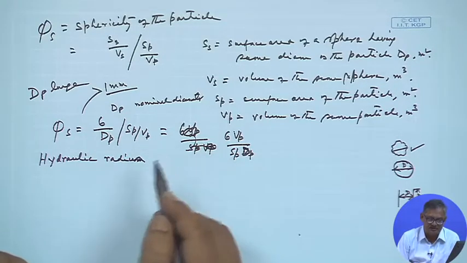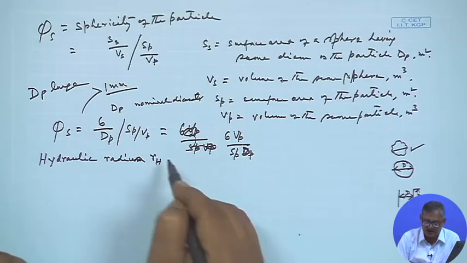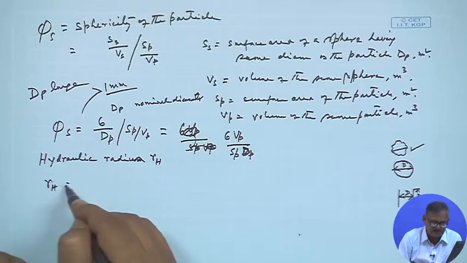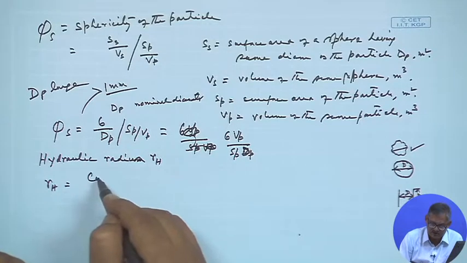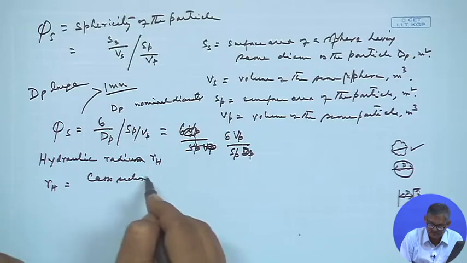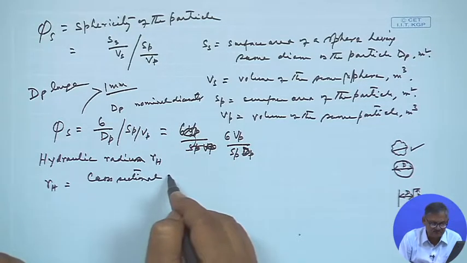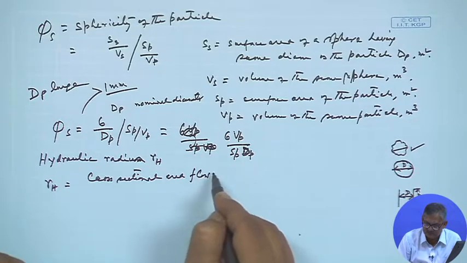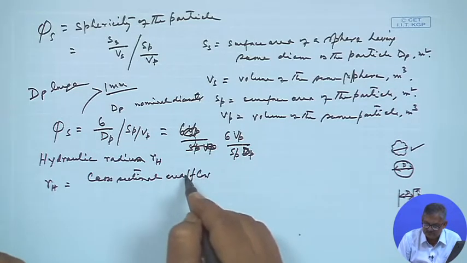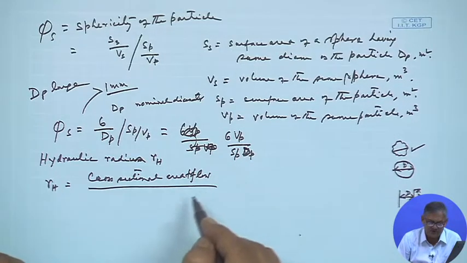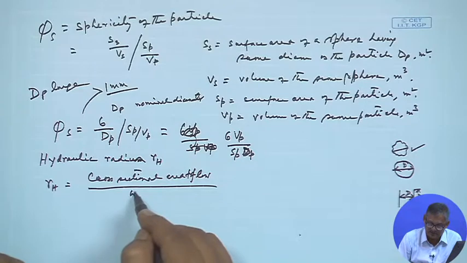So, hydraulic radius RH is defined as cross sectional area available for flow over wetted perimeter,